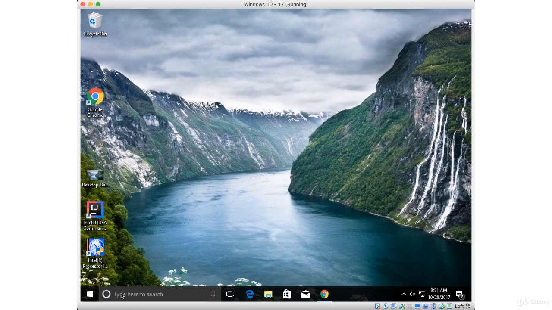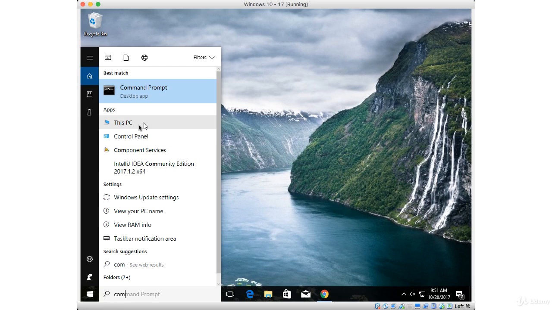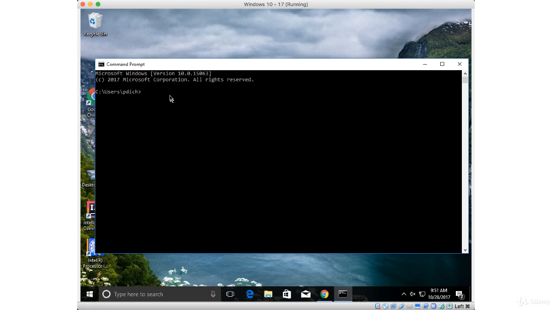Now we're gonna go ahead and call the command prompt. So I'm gonna say command prompt. There it is. Double click. You notice what's going to happen here. If you go ahead and say java -version, it's going to give us the Java version, 9.0.1. Now, in cases where you see a different number lower than 9, or you don't see anything at all,